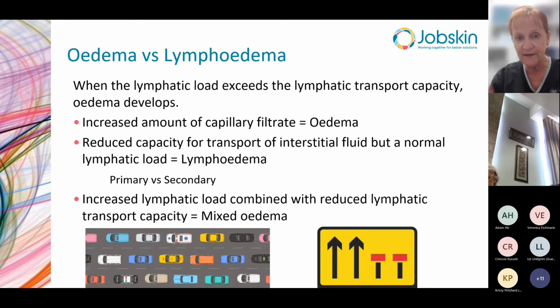So let's talk a little bit about the difference between edema and lymphedema. Simply put, when the volume of lymphatic fluid exceeds the transport capacity, edema develops. So too much fluid is edema, and it's a little bit like peak hour traffic. When the number of cars is very high, then we have this congestion. But as the fluid moves and the day goes on, peak hour is over, things just move as they